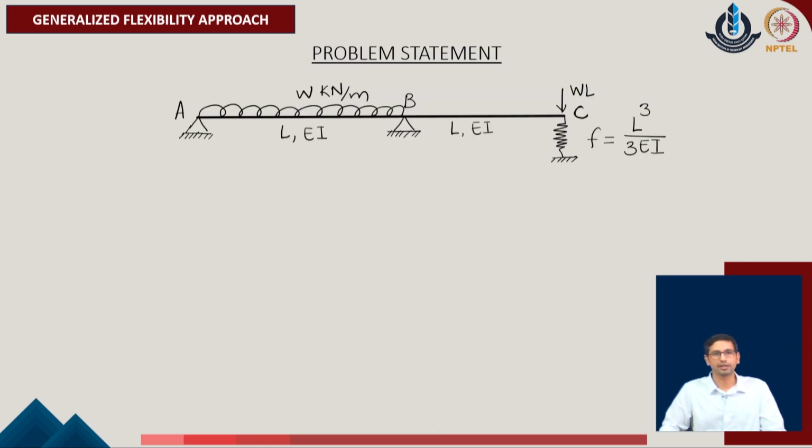Now, once we have identified the given system, we again extend the same problem, and we now try to extend it with respect to the generalized flexibility approach. As we have said that the standard process of the flexibility which we just did will not give us the evaluation of all the unknown parameters of the given system, that means the displacements which are at the respective nodes or the set of reactions of the given system. We have to do a post processing in the given system. To reduce that effort or to make it more systematic, we come up with the element based flexibility matrix or the method, and that is what we call as the generalized flexibility approach in the given system.